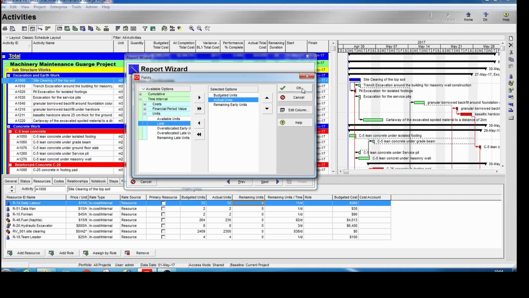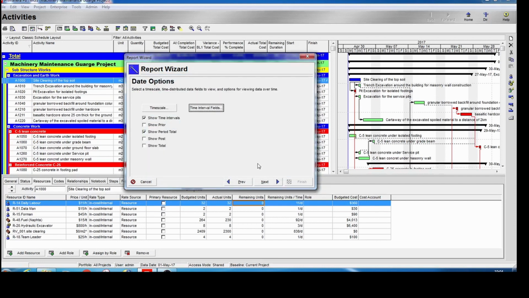So I will click OK, and next I will click on next, and I will give this resource a name for my report. So a resource sheet for these projects. So let's click on next,